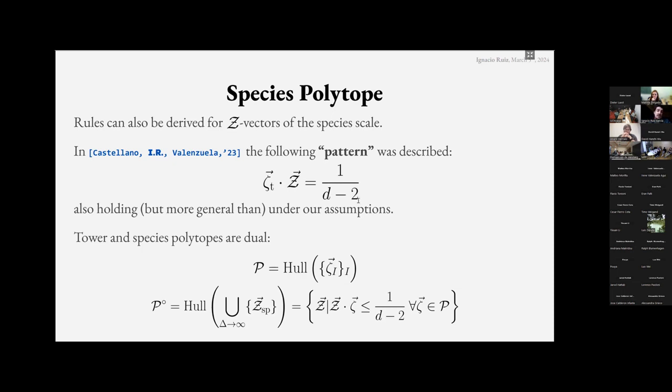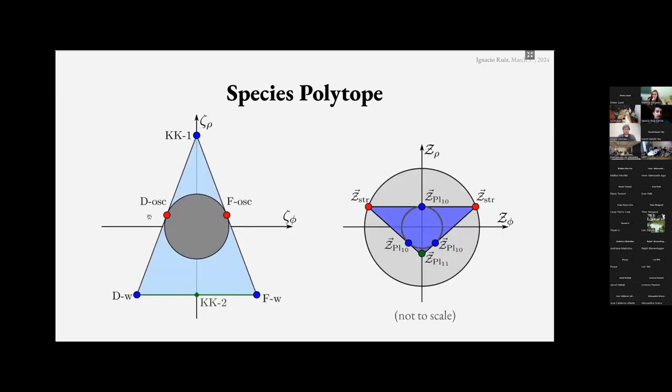This holds always under the assumptions that we have considered for this taxonomy, although in principle they are more general. And the result is that the convex hull, the polytopes that we build from the species scale vectors and the light tower vectors, are actually dual with respect to the sphere of this radius. So in principle, if we had one, for example, this is one of the examples that we get,